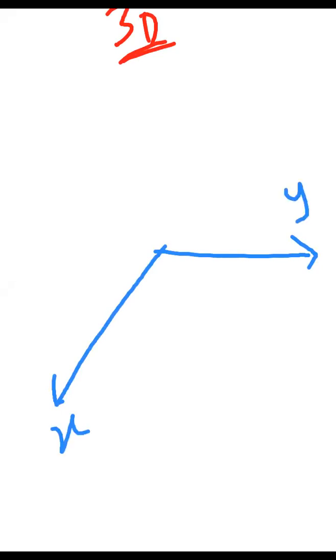Now, once you go to 3D, what is happening? You already have the x and y axes, which you have to bring down here. Previously you had only 2 axes, so you used the entire plane of the screen. Now you are going to have 3 axes, so your entire xy plane will lie in the horizontal plane, and you are going to introduce one more axis. That axis is called the z axis.